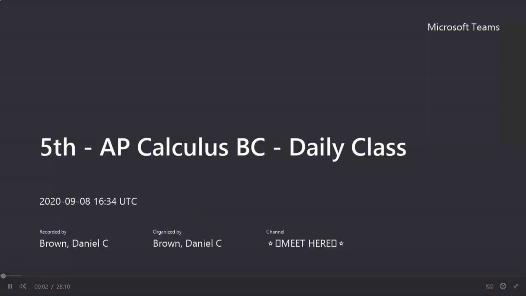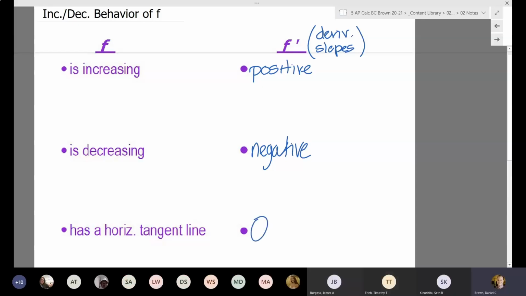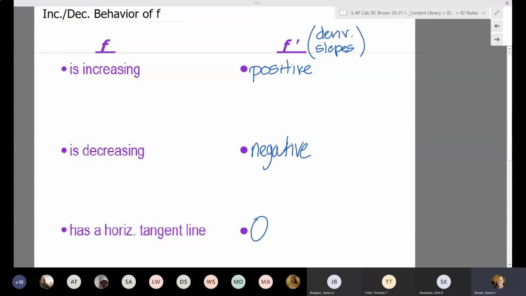Start my recording. And so again, we know that it has a horizontal tangent. The derivative is equal to 0. And what do I mean by that? So today we're actually going to look at the derivative as a function. So there is a reason we write it as f prime of x, in that you can literally graph the derivative. So when I say that the derivative is positive, for example, we're implying that the graph itself of f